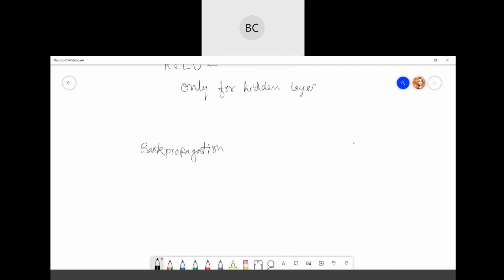Backpropagation neural network is also known as BPN. But apart from backpropagation, we also have different types of neural learning processes.